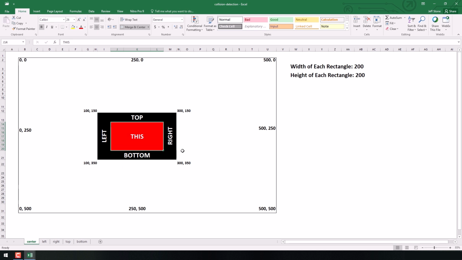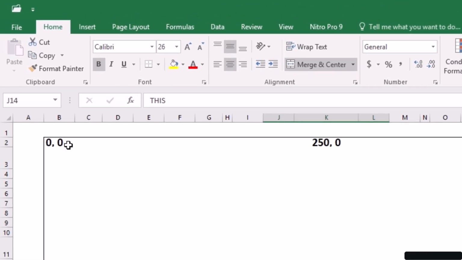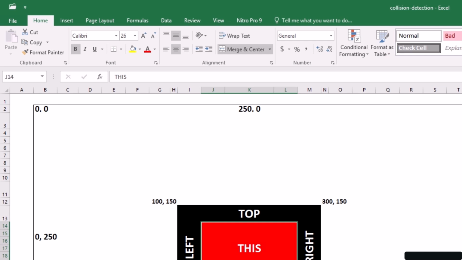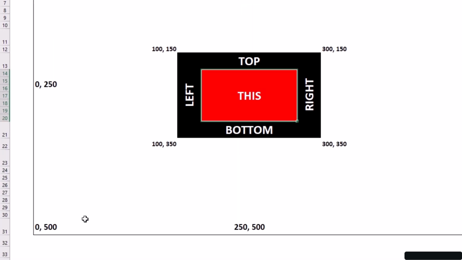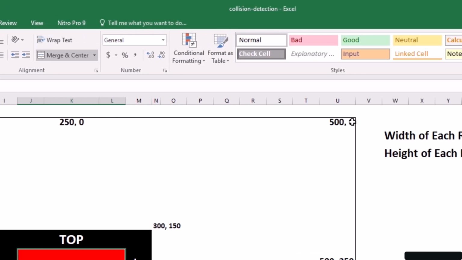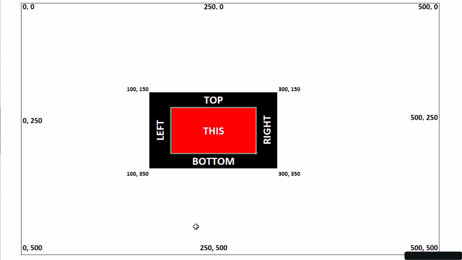Now, one thing that's important with this collision detection, we're going to have to remember, number one, the top left corner of our canvas is X position 0, Y position 0. As I move down the canvas, I'm still on the X 0 here, but the Y position is increasing. It's at 250 and then eventually down to 500 if that's how big our canvas is. As I move across the top like so, my X position increases, but my Y position stays at 0, right? 250 is my X, 0 is my Y. 500 is my X, 0 is my Y. So it's important to understand that X gets larger as we move to the right, and Y gets larger as we move down, all right?